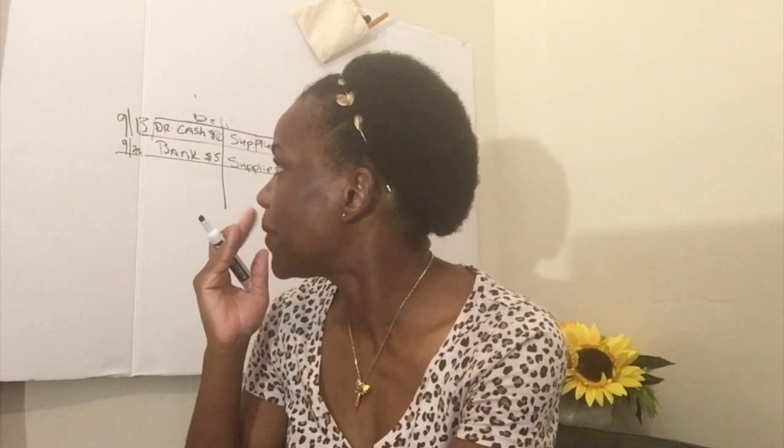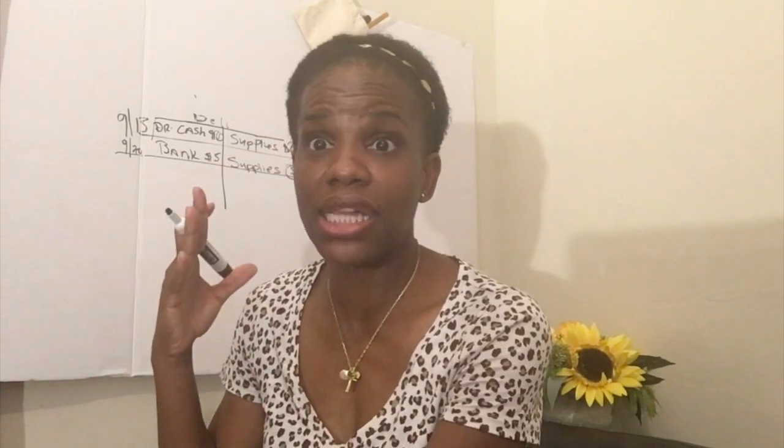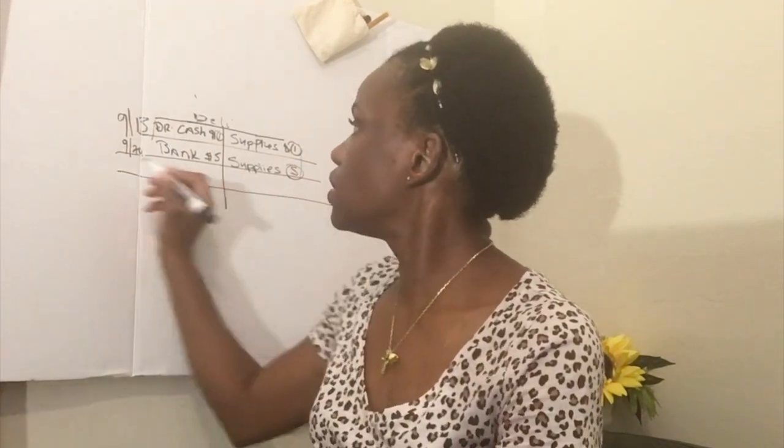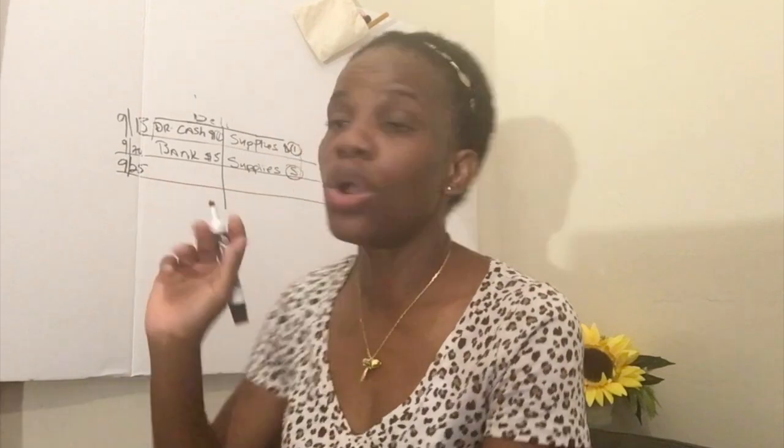Okay, so you're ready to do some more journal entries? Okay, so here's one. Try this one. So I guess we still own the deli, right? So let's say on September 25th, we purchased a machine for $500 cash. So we own the deli and we purchased a machine for $500 cash on September 25th. So let me write this down. So 9/25, we purchased the machine for $500 cash.